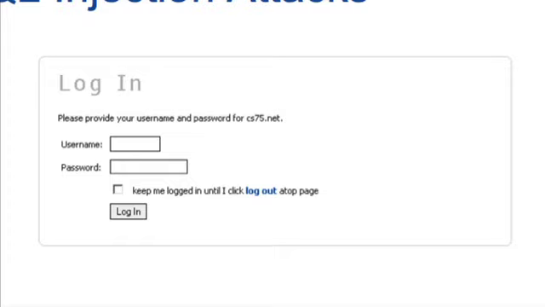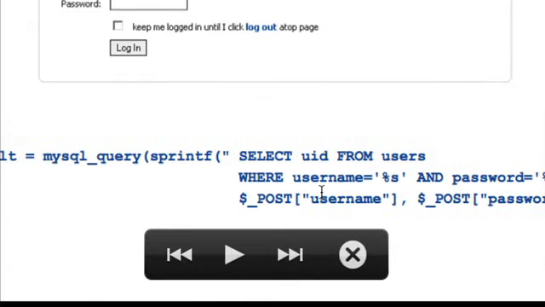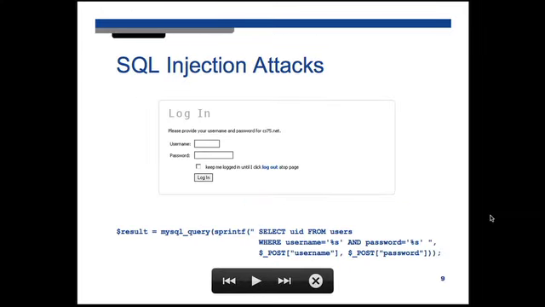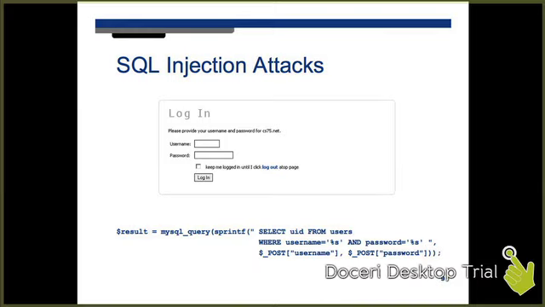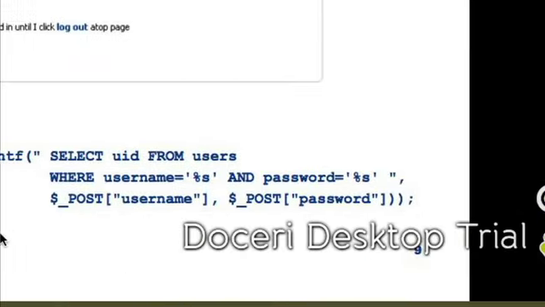Suppose that this form is a login form that essentially results in a SQL query getting generated like this one here. This can be implemented in a few ways, and I went with the MySQL query version of this specifically so that the inputs would not be escaped. So let me go ahead here and zoom in a bit. And what do we have here?